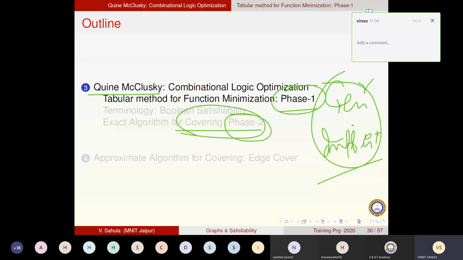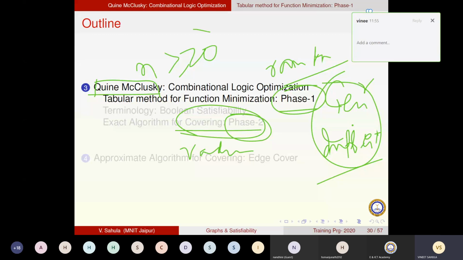Later on, for size equal to or greater than 20, whatever Quine-McCluskey says, we will not exactly do all exploration. We will randomly do things, that's all. For phase 1, we will randomly select something. And covering also, we'll do some random selection for any problem of larger size. That is my contention today. So Quine-McCluskey per se is not applicable. These random selections are termed as a person's own choice, so they are called heuristic.